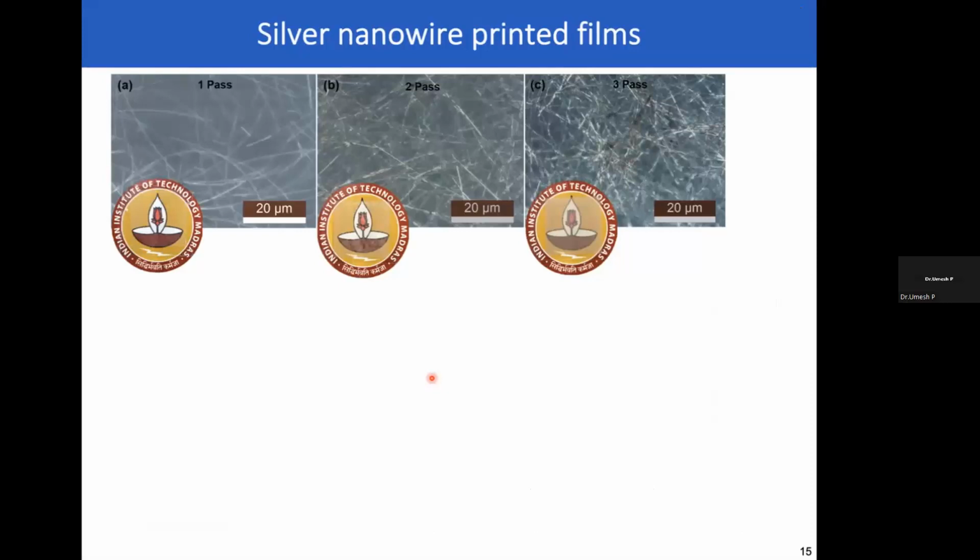My next question is, EG is not compatible with PET substrate. So how are you managing this, with some surfactant or something else? So when you say not compatible, are you talking about wettability? Yeah, wettability. If you put nanowire solution, generally it shrinks out and doesn't form a uniform film. So usually with PET, we tend to do UV ozone treatment prior to printing. That treatment helps us with wettability, and that in turn helps us to get a smooth film. So we do some pre-treatment.